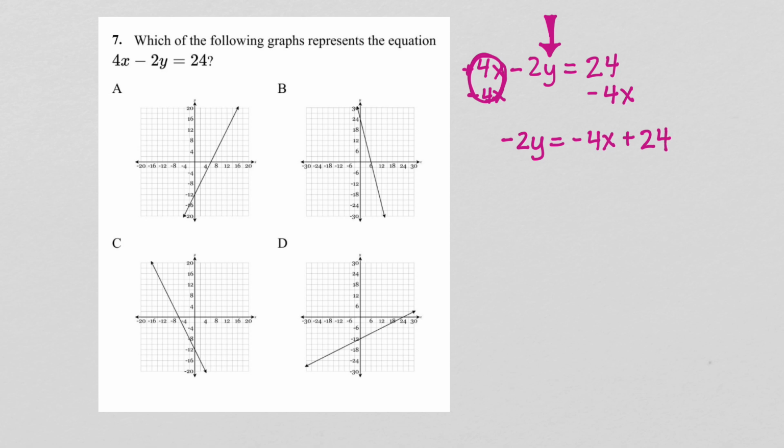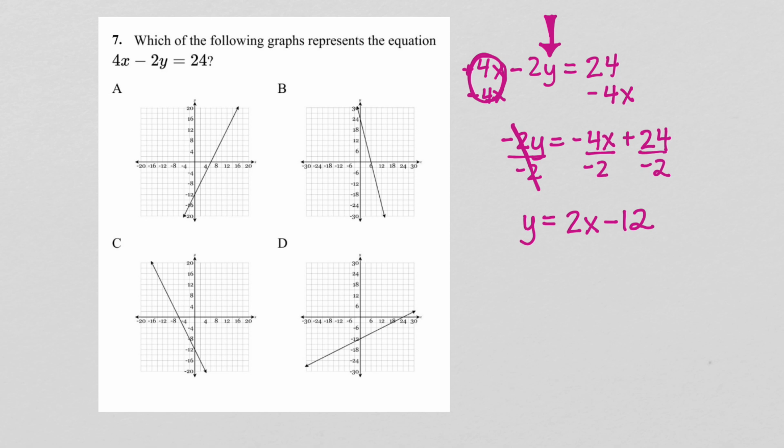And now to get y by itself, I have one more step to do, and that is to divide by negative 2. And I'm going to do that to both terms on the other side of the equation. So negative 2 divided by negative 2 is 1. So I have just the y left over on the left side. And negative 4 divided by negative 2 is 2. And then 24 divided by negative 2 is negative 12. So now that my equation is solved for y, now I'm going to be able to figure out which graph